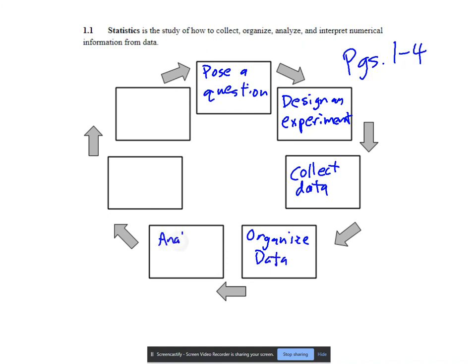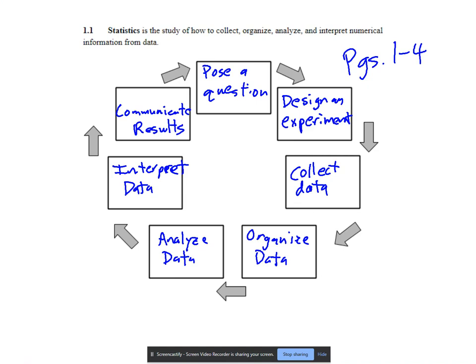Then you would analyze that data, still in that spreadsheet, perform calculations and whatnot. Using those calculations, you would then interpret what they mean. And then once you organize, analyze, interpret, you're going to communicate those results. Usually that's done with some sort of graph or visual to communicate those interpreted